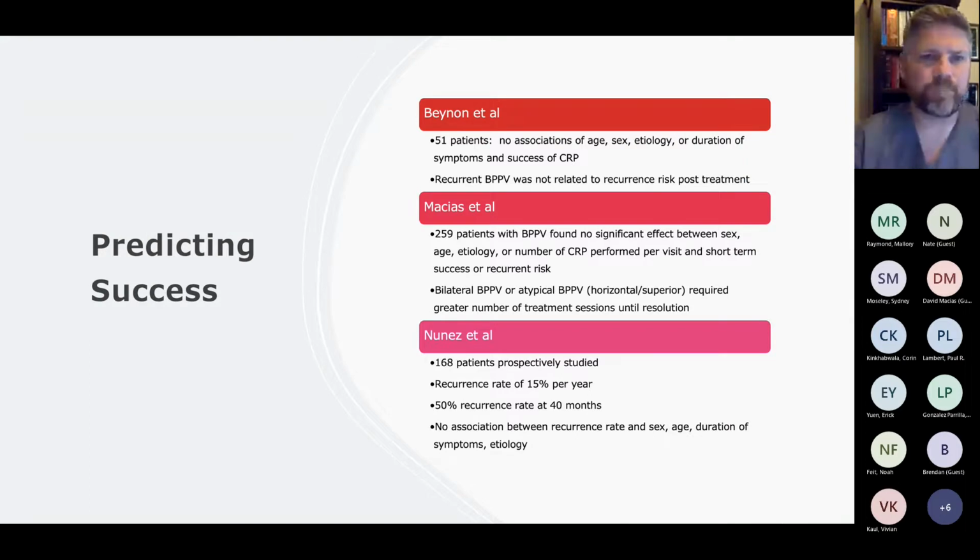So looking at predicting success, the big thing here is that in this study with 259 patients, there was essentially no significant effect between sex, age, etiology, number of canal repositioning maneuvers, and short-term success or recurrence risk. Bilateral BPPV and atypical BPPV require greater numbers, and that would make sense. By atypical, I'm referring to horizontal or superior canal, the more rare